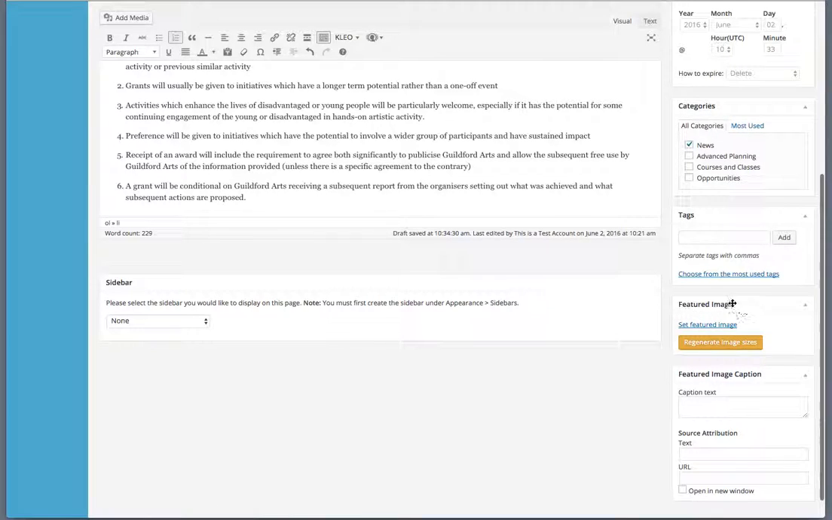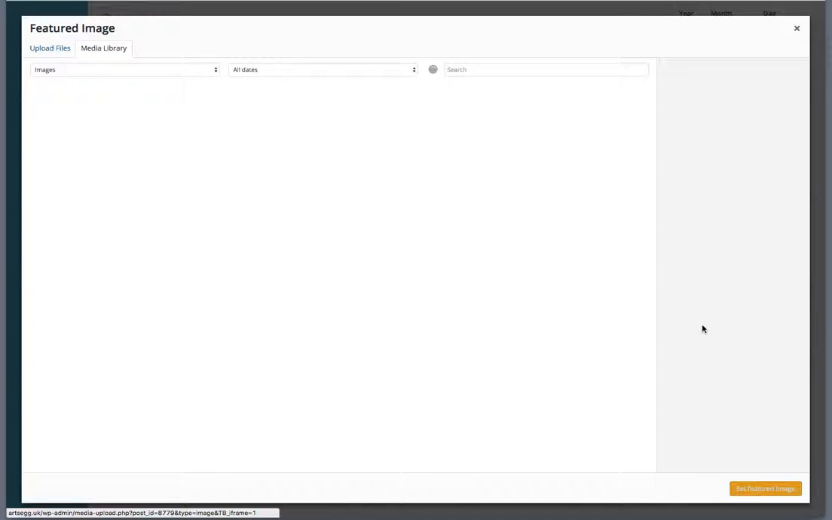It says featured image. It's really rather essential that every post and every event that is placed on this site has a featured image, which is the key sort of indicator for the information. So if I click on Set Featured Image, we go back into our media library, and I'm now going to drag into that from my desktop,